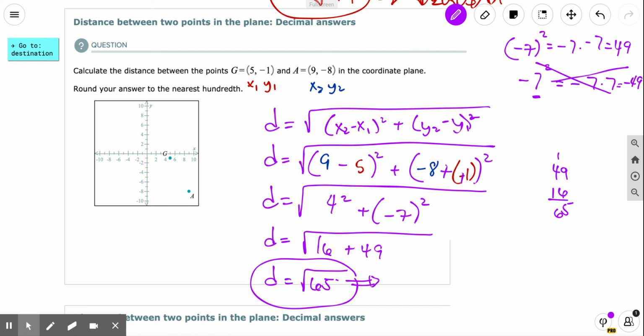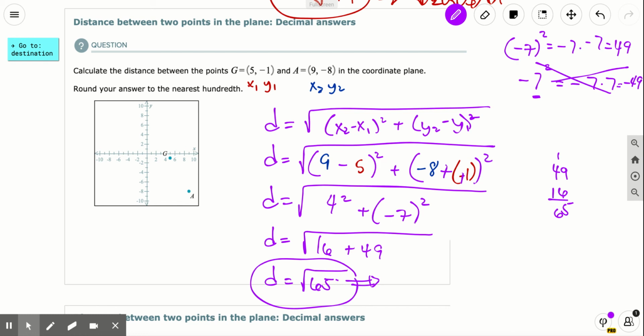Okay, so 65. Oh, wait, sorry. I'm used to doing square root, 65 square root. Now I'm trying to touch my screen because I don't know what computer I have. Square, oh my gosh, sorry. Can't use two hands, got to make sure I'm doing it. Square root of 65,